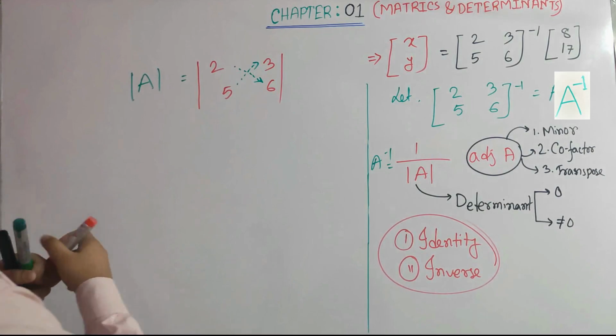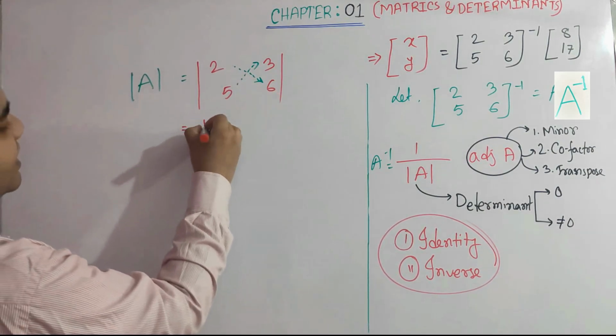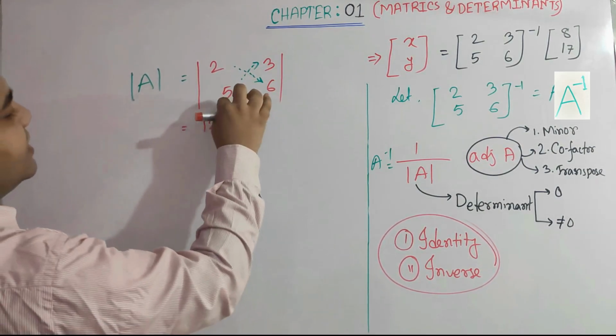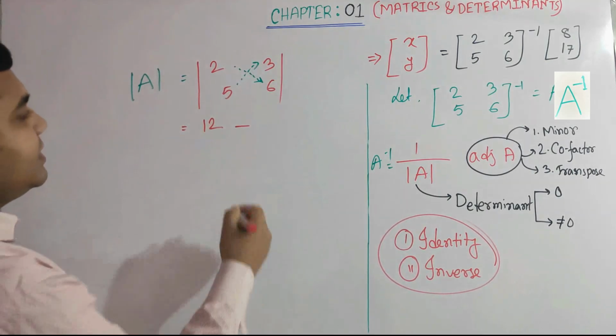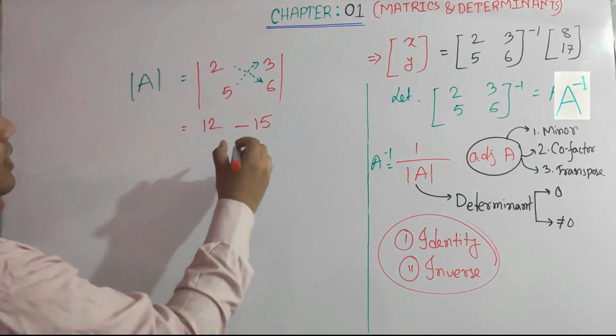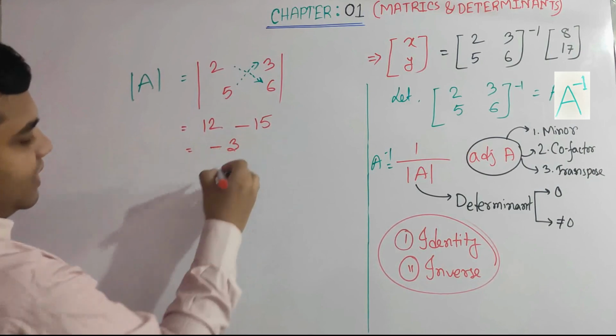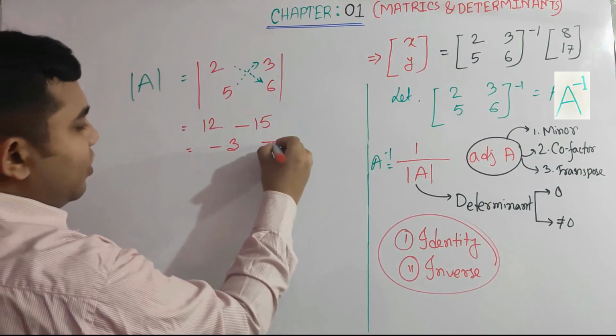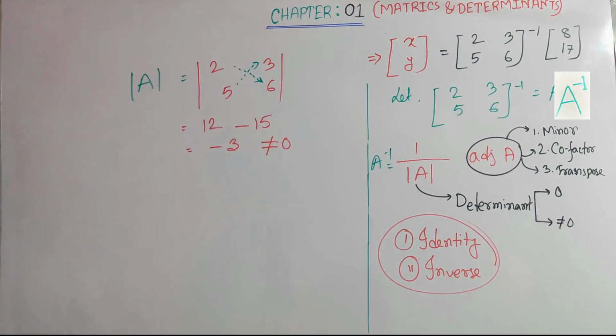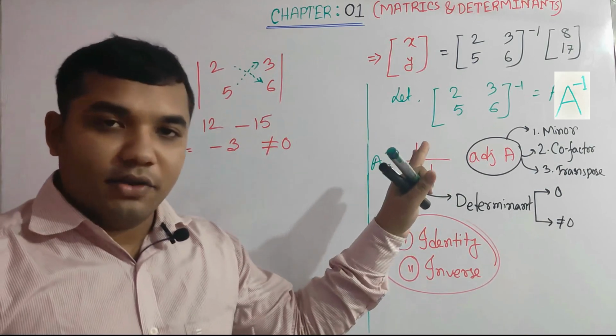That is 2 into 6 is 12 minus 3 into 5, that is 15. So here it is minus 3, and since it is not 0,